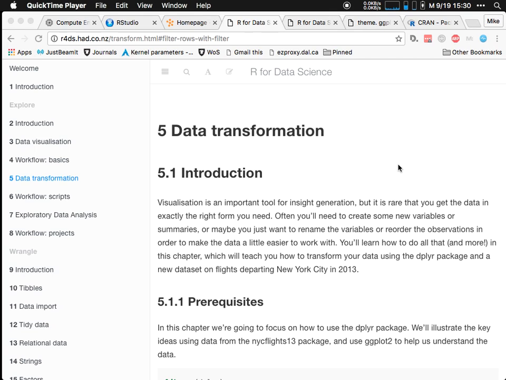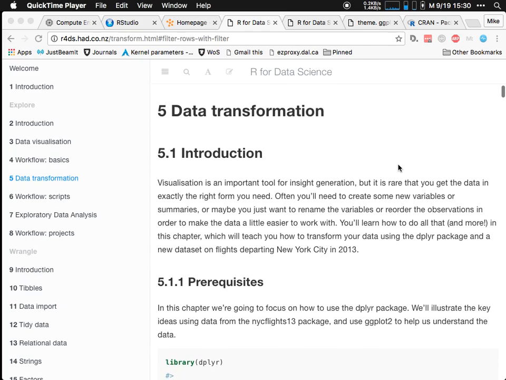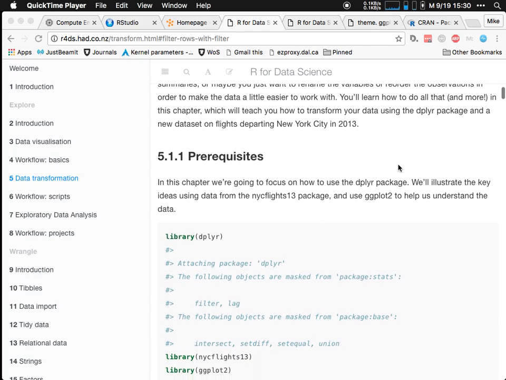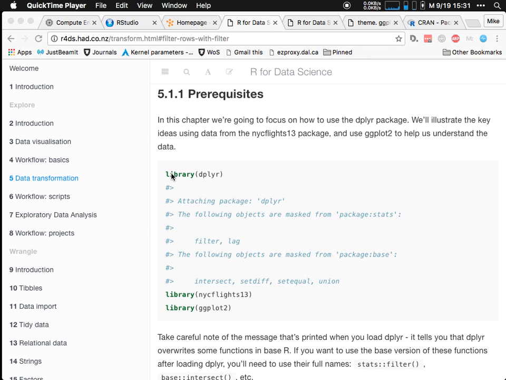Started last time talking about having imported data, which we haven't talked about yet. We'll talk about next week. You often want to do some sort of transformations on data. What are the various transformations that we might want to do? Well, we're going to use the dplyr package,